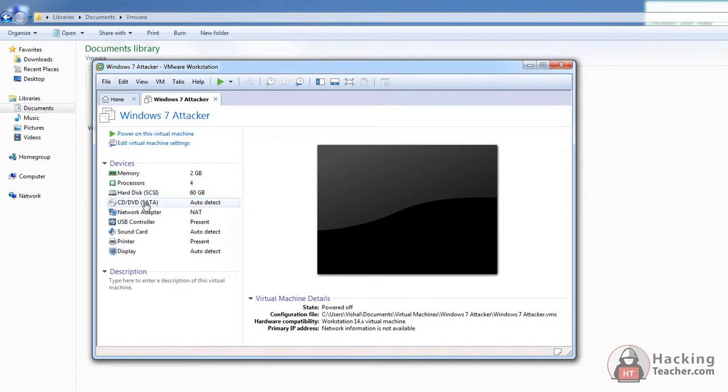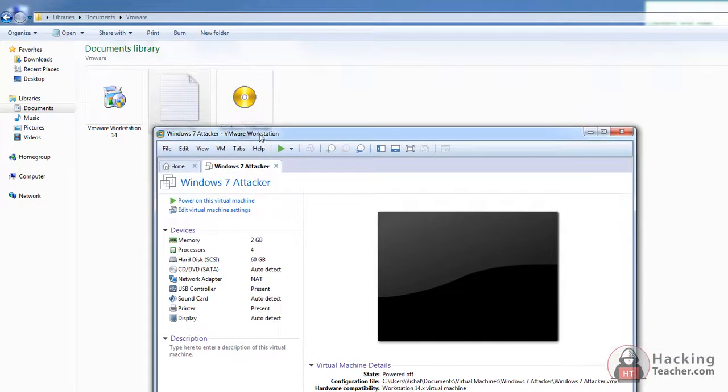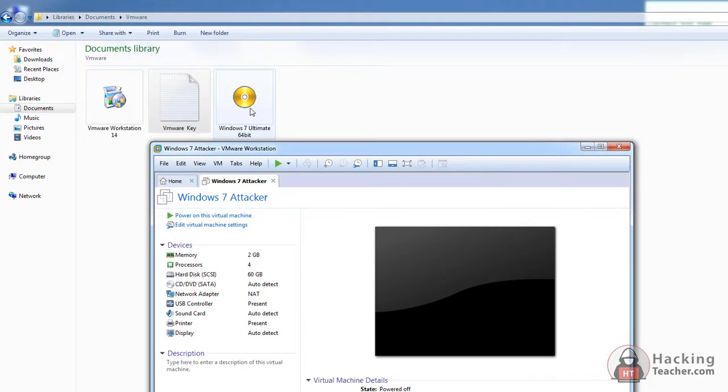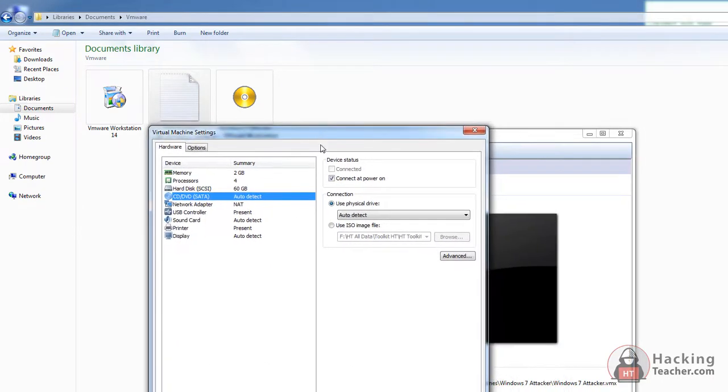So now, from where you want to install it, you will also get a Windows 7 ISO image in the downloads which we have provided to you. This is the image of a DVD or a CD through which we will be installing Windows 7. So we just have to click on the CD/DVD from where you want to install. I go to use ISO image,